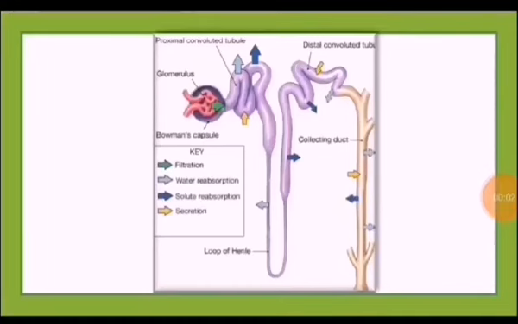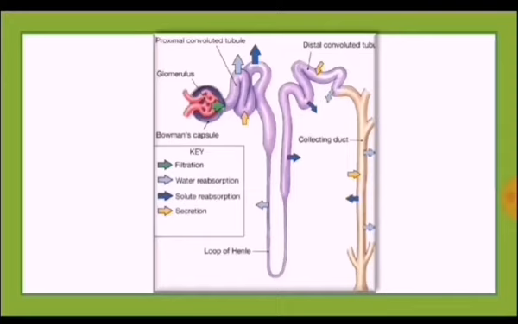In this figure, the three processes of urine formation are shown by three different colors. The ultrafiltration or pressure filtration has been represented by green arrow, showing the filtration occurs from glomerulus to Bowman's capsule. The water reabsorption, shown by light blue color, occurs in proximal convoluted tubule, but most of it occurs through descending limb, whereas it also occurs in distal convoluted tubule.